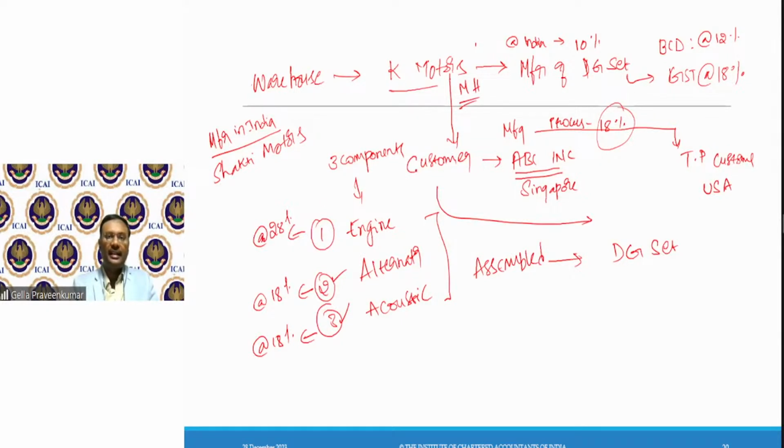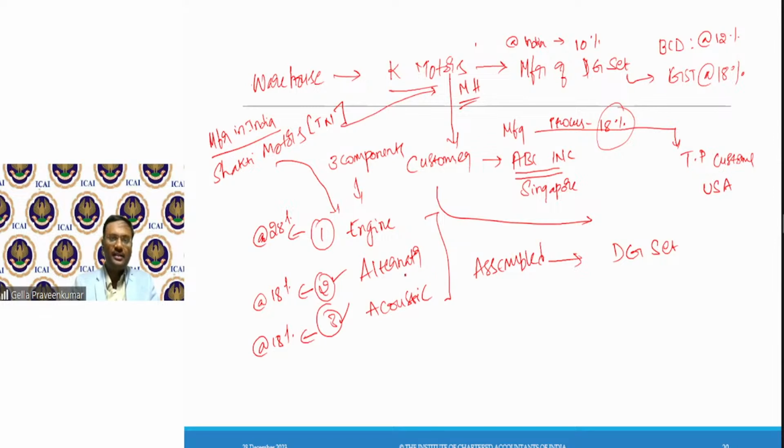And in turn, this ABC Inc. is going to buy this engine from Shakti Motors. Now, Shakti Motors, for a moment, is in Tamil Nadu. This Shakti Motors will ship to the warehouse of this Kirloskar Motors, and he will bill to this particular customer in ABC Inc.